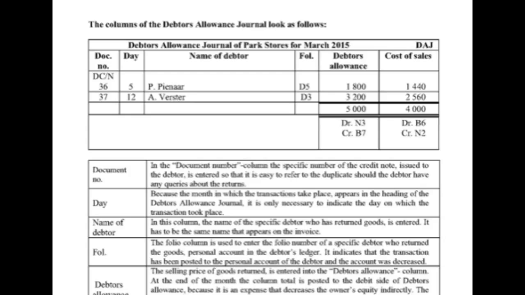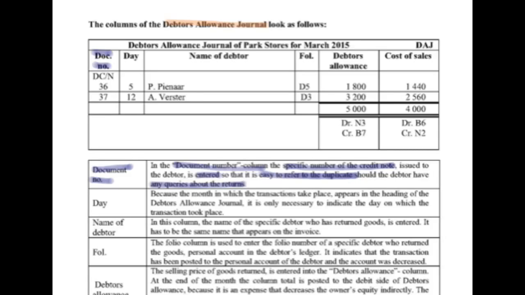Our returns journal is then the debtors allowances journal. Let's look at the debtors allowances journal together. Firstly, we get the document number column. In the document number column, the specific number of the credit note issued to the debtor is entered, so that it is easy to refer to the duplicate should the debtor have any queries about the